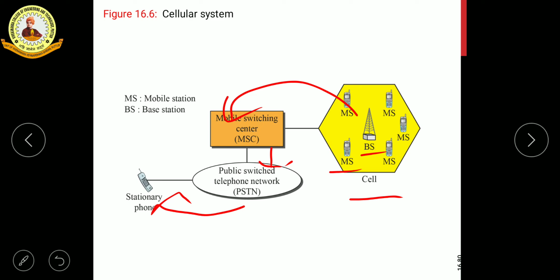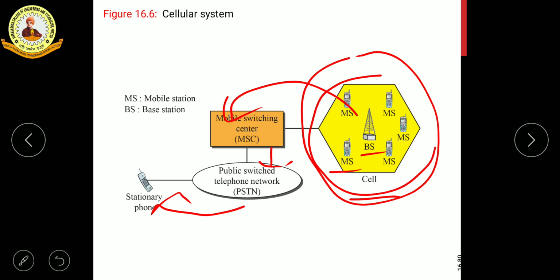So the cell size is not fixed, and can be increased or decreased depending on the population of the area. So if you have 50,000 mobiles in a building, then you can have your own base station. Like if the building has 110 floors, then maybe there are chances of having 50,000 mobile stations there. So for that building, you need a unique base station to connect all the mobile stations. So the cell size is not fixed. It varies on the number of users connected.